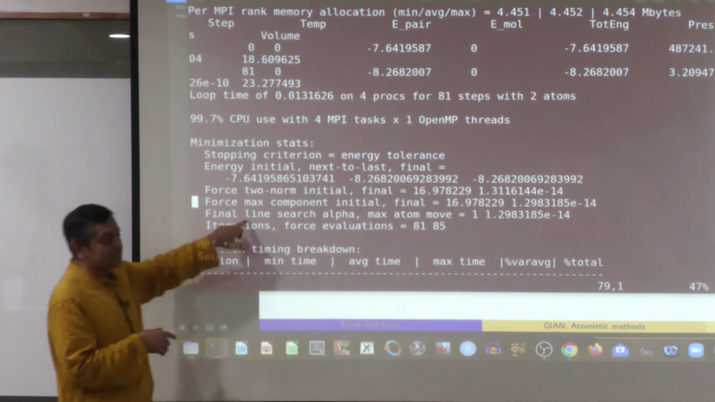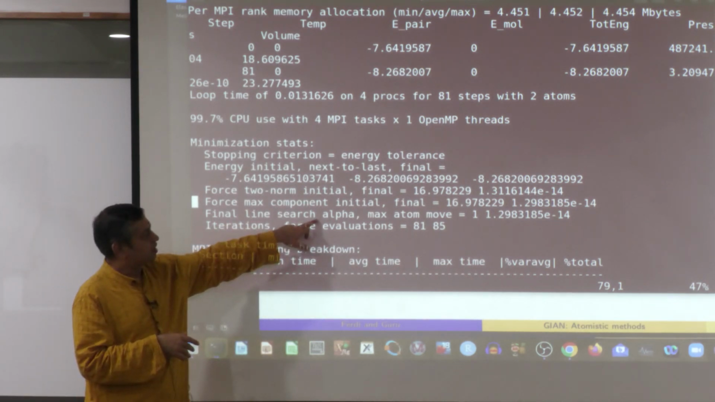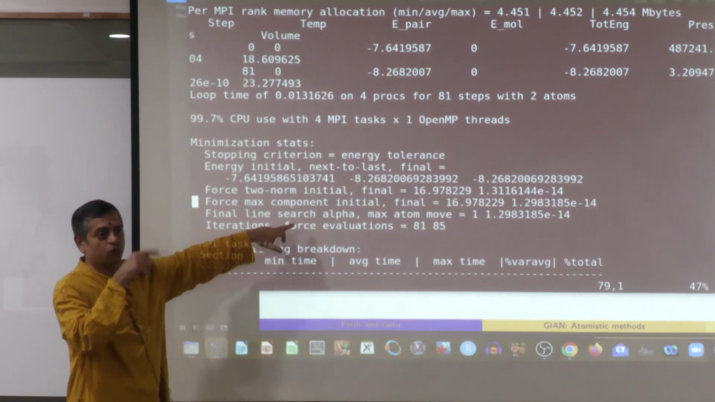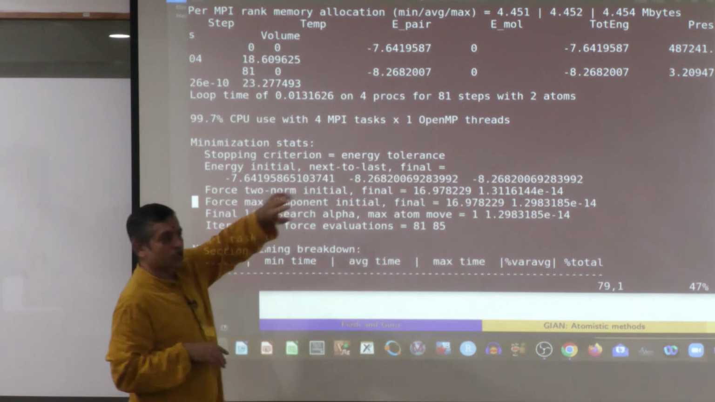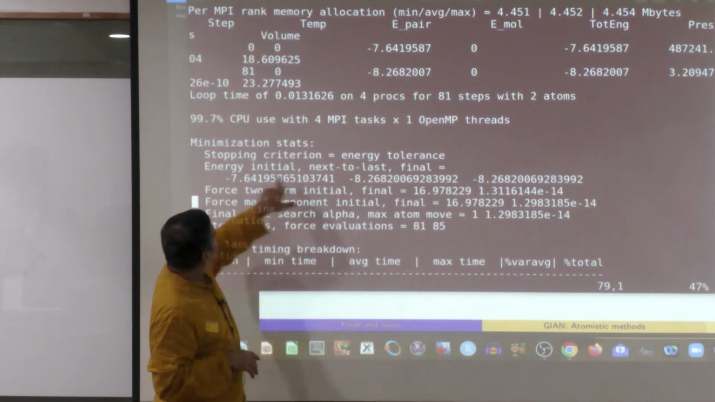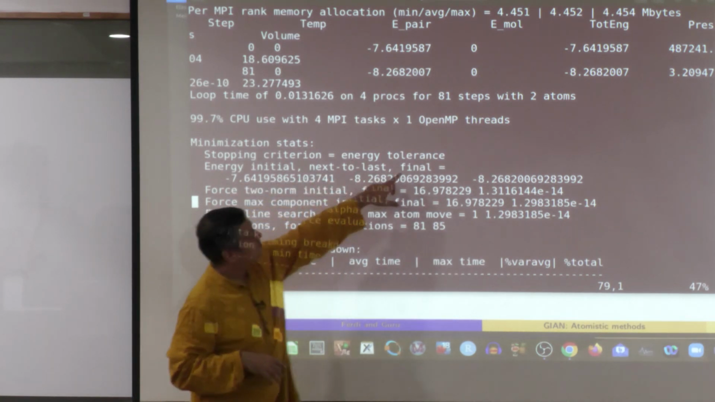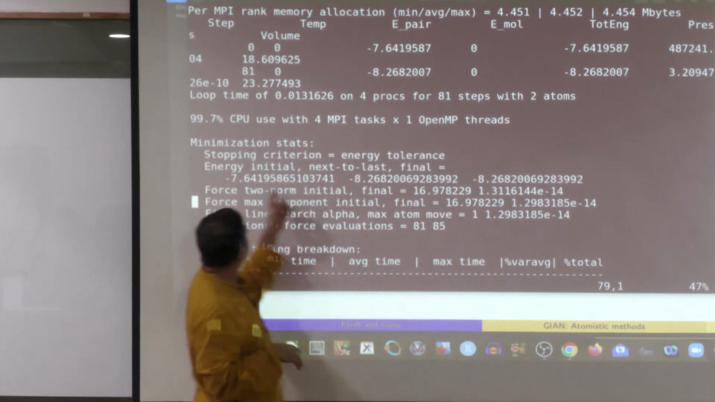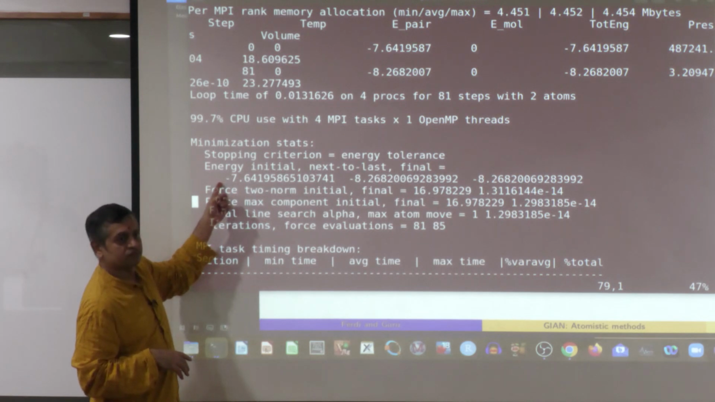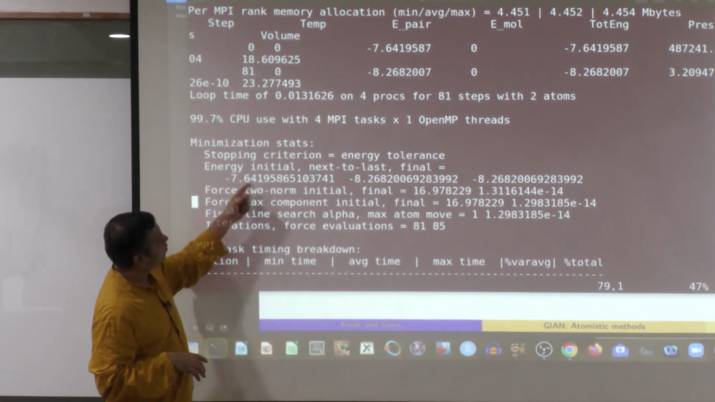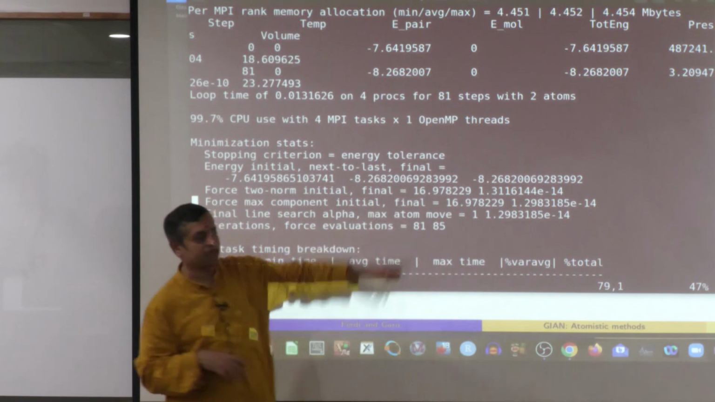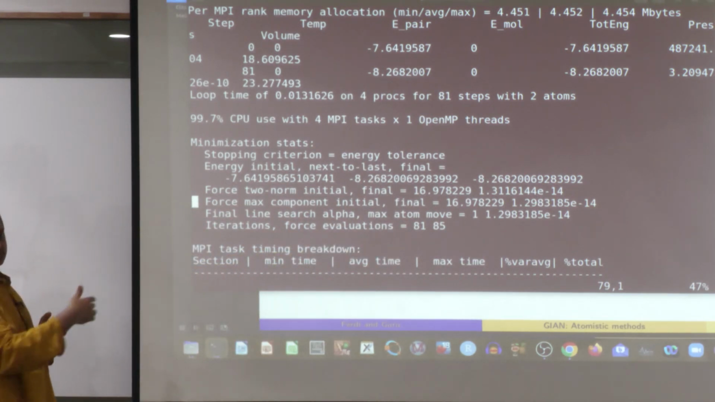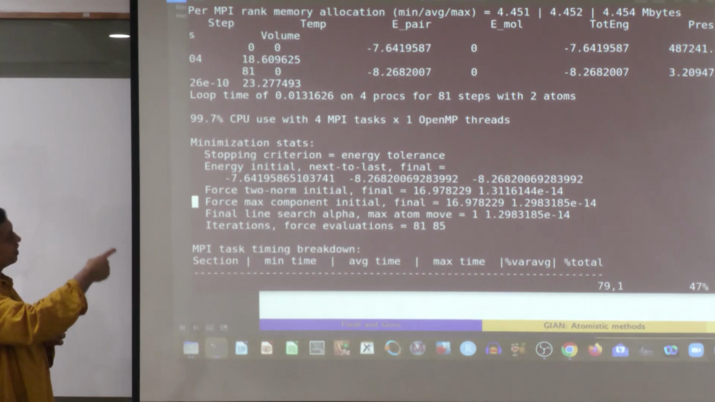Okay. And the line search alpha and maximum move are also given. You will know these things if you know what the CG algorithm is. Energy tolerance, along with it, it also gives initial, next to last and final. So, this difference is what the energy tolerance is, but this is what it started with. It started with minus 7.6 and finally reached minus 8.2682, and between the final and just before final, that